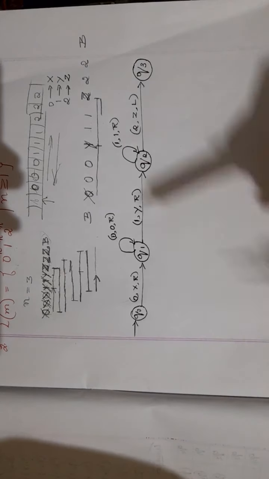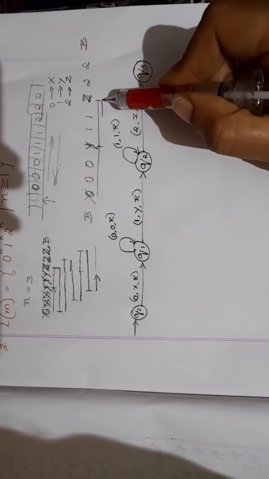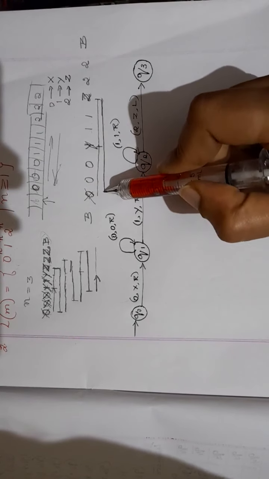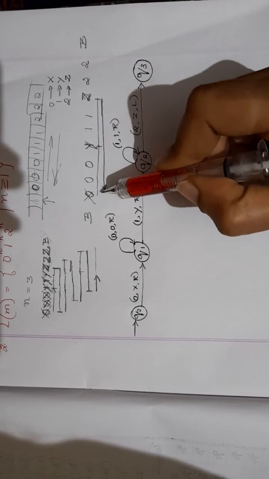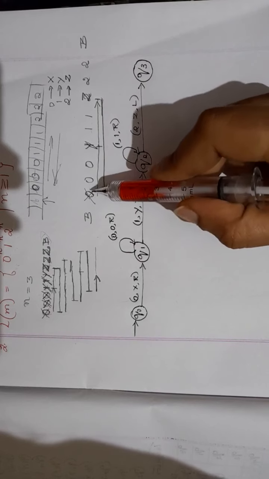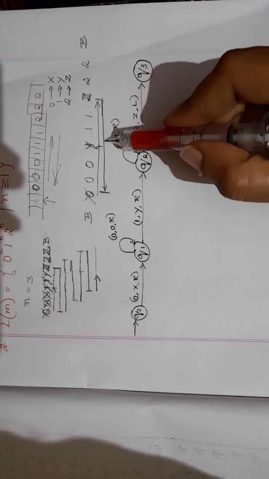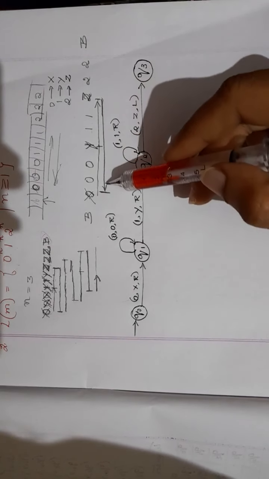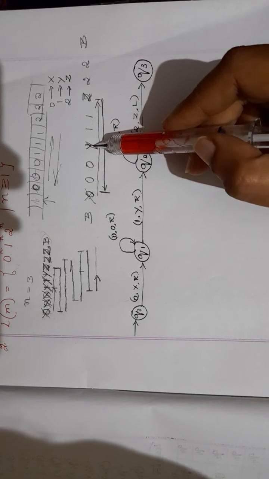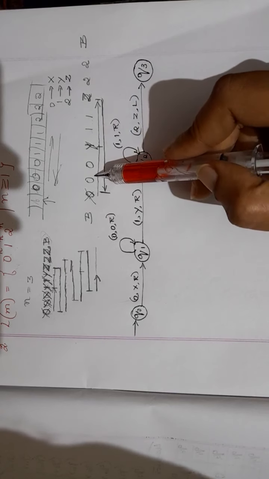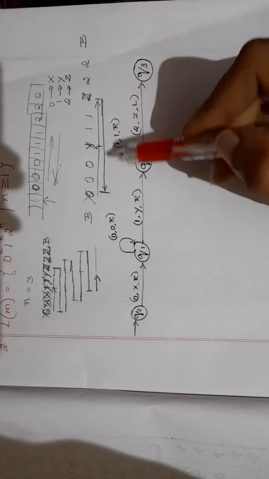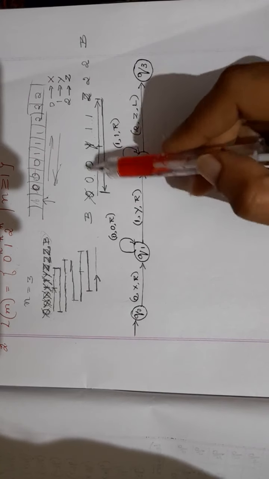So till when I should keep on moving left? I should keep on moving left till I read X. So when I read X, I have to stop. So here you were moving right. Now you are moving towards left till you read X. So when you keep on moving here, what are the different possibilities that you might get? So you might get 1, you might get Y, you might get 0. So no matter what you get, you keep it as it is and keep on moving left. So it can be any number.